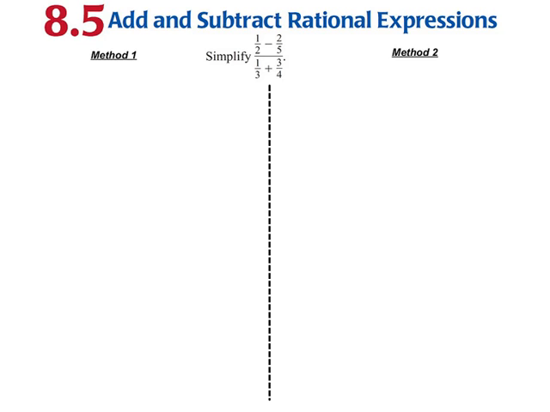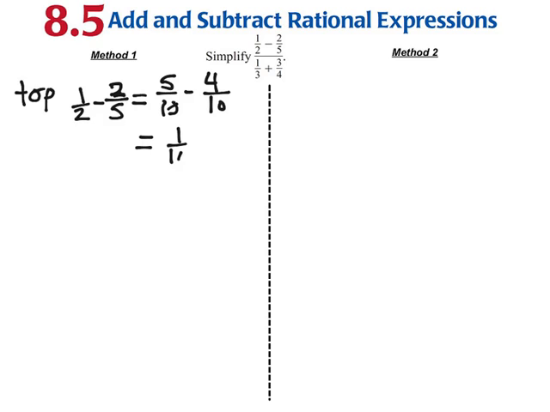First, on top, you could add up like terms. Essentially get these to add up. So we'll do the top, 1/2 minus 2/5. And the least common multiple is 10, so this one would end up being 5/10 and 4/10. We end up with 1/10 on top. On the bottom, okay,